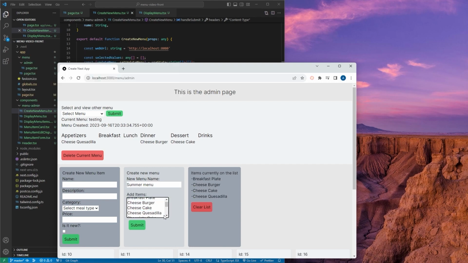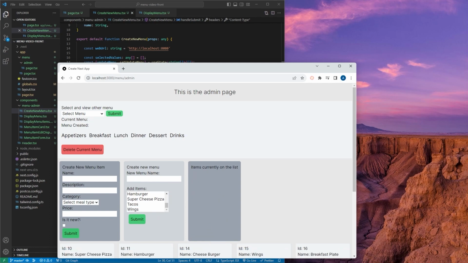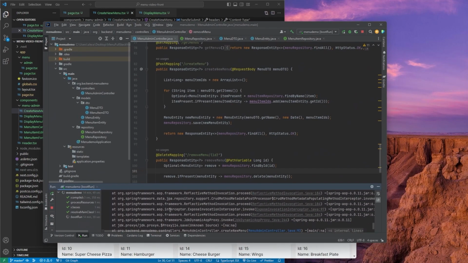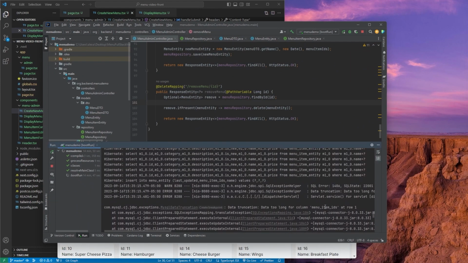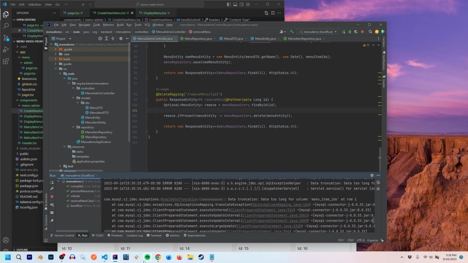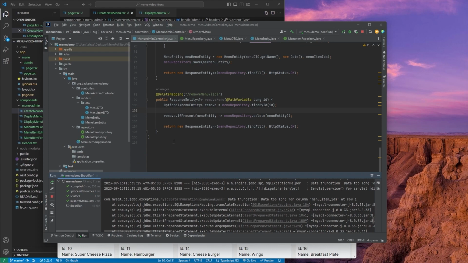I'm just going to add a little bit of everything. When I hit submit, we're getting an error. Okay, and it looks like it's coming from the back end actually. Ah, here's our issue. Okay, so this is something I didn't do for this demo, but how we handle this error right here is we hop over to menu entity,